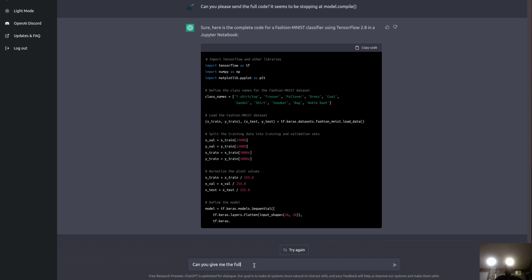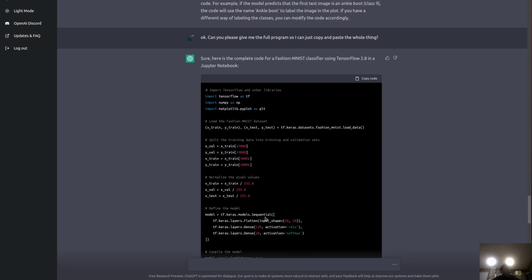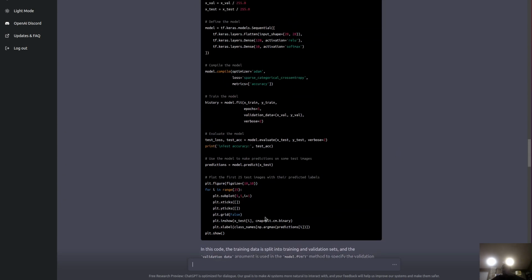Give me the full code, please, all the way from the imports down to where you were printing the results. Yeah, it's a bummer I have to keep asking. It was really on top of it this first time, you know.